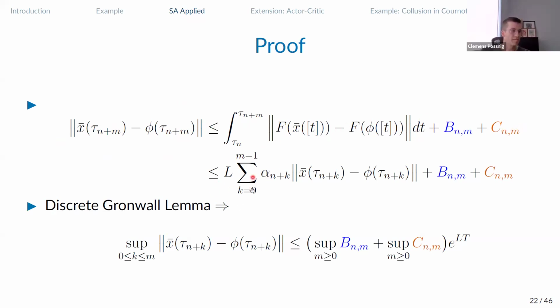Again, applying the Lipschitz continuity of f, we get that the final summand here, the difference that we're interested in, is upper bounded by a weighted sum of the same terms. And that's why we needed this bracket t for phi and for x bar, so that we get these on the same time scale. And once you have an expression like that, this is an application of the Gronwall lemma, which allows you to connect this final summand to the previous weighted sum of these iterates.